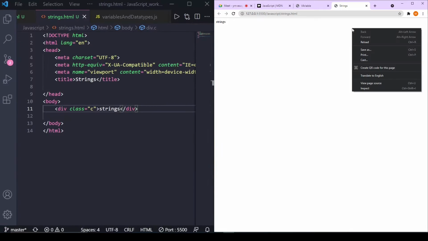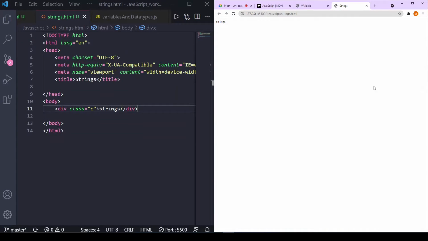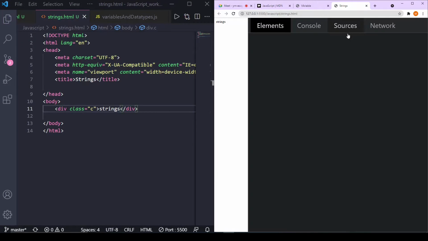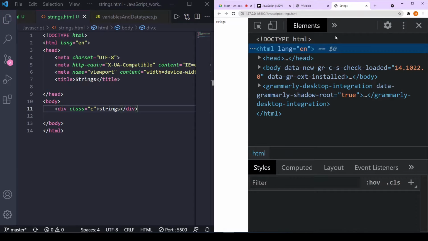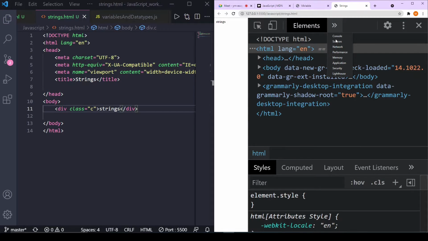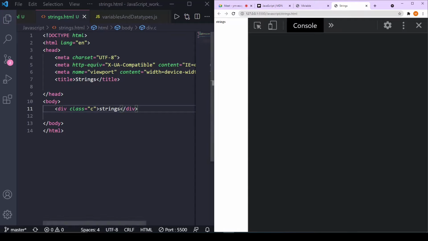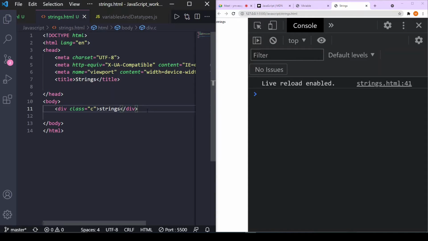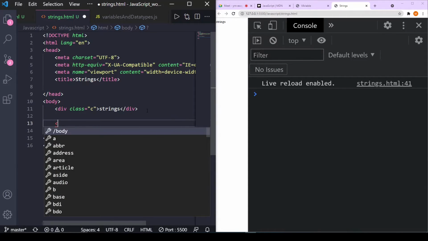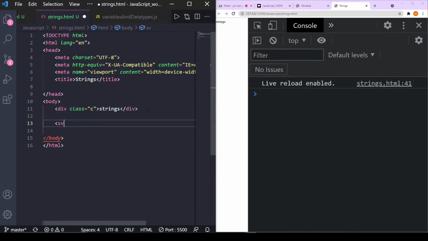So let's start with what we have seen: a string is a series of characters. Open our console, because the console is your only best friend. All the JavaScript we will write goes just above the closing body tag.